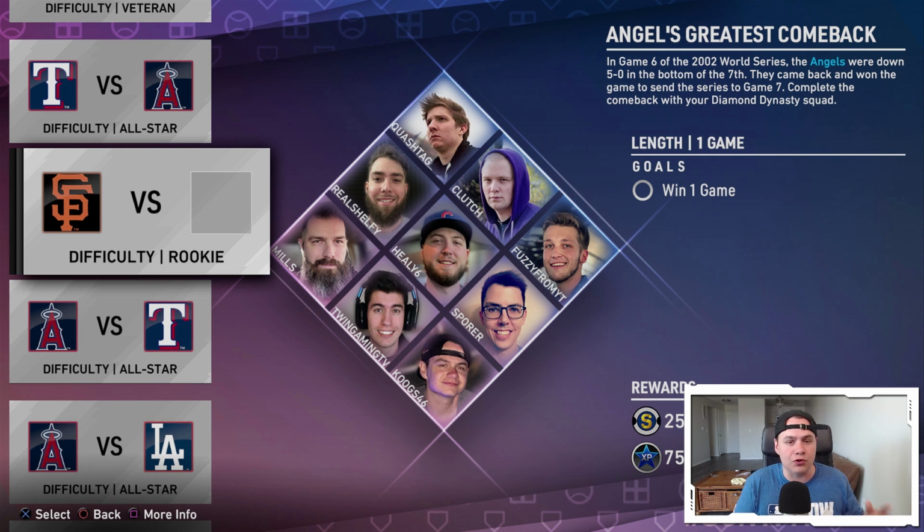Now, this shouldn't be this difficult. You're down 5-0, which may be like, oh, this is going to be an annoying moment, but this is going to be on rookie difficulty. So your PCI is going to be huge. You should be able to get this one done. Then you just got to finish the 8th and the 9th inning to close out the game and get that Game 6 victory. One of the most famous comebacks in Angels history, probably the most famous comeback in Angels history,